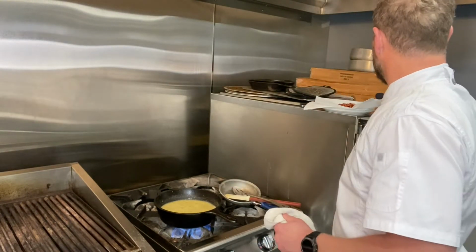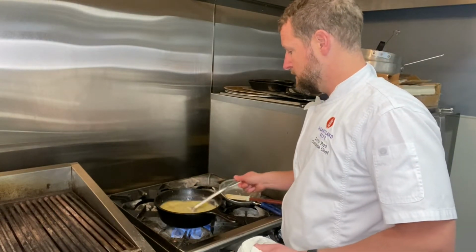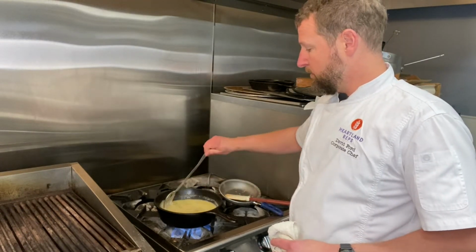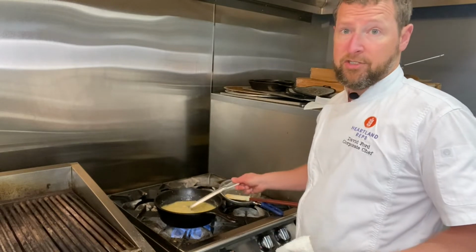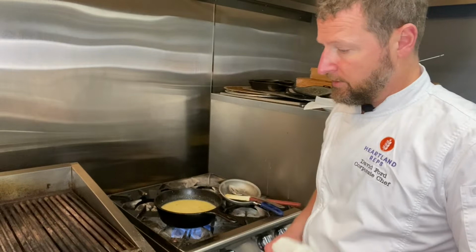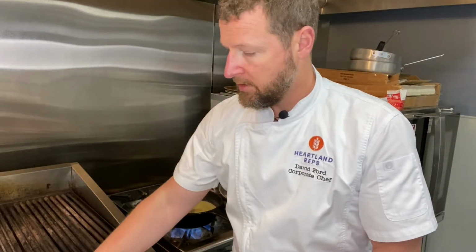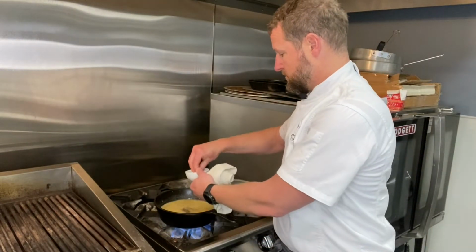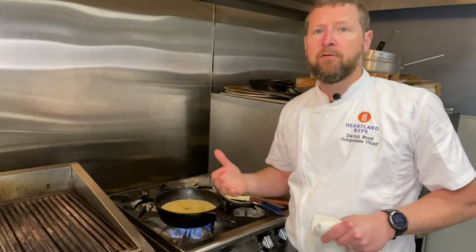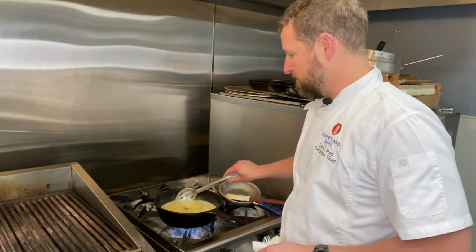So we'll let that cook for a minute. And once that comes up, you'll see it start to thicken. Then we'll start adding the cream and the cheese. And we just need to whisk aggressively to get as many chunks out. At this point, we can add a little pepper and a little bit of salt. And then at the end, we'll check our seasoning and make sure everything's on point. So as this is coming up to temp,